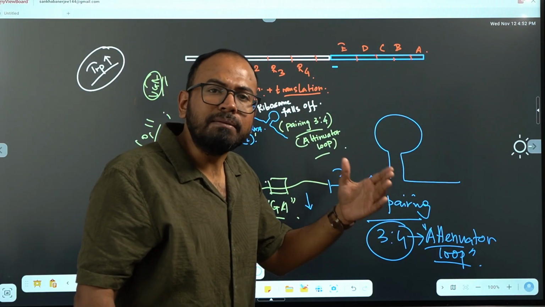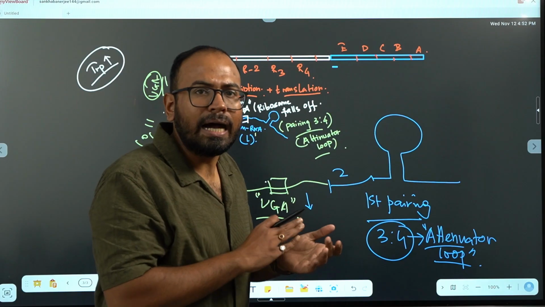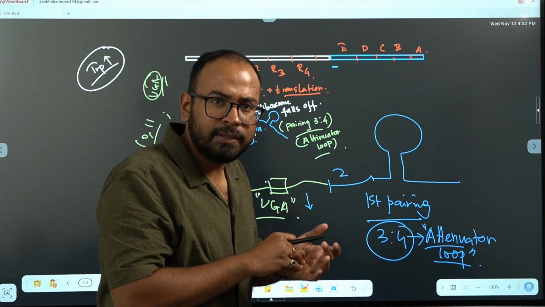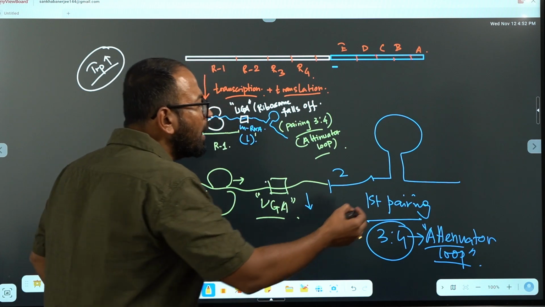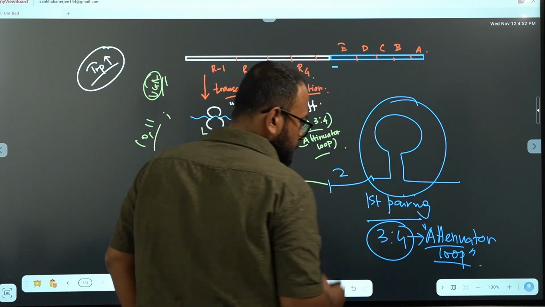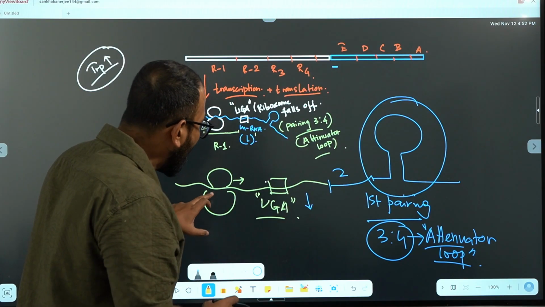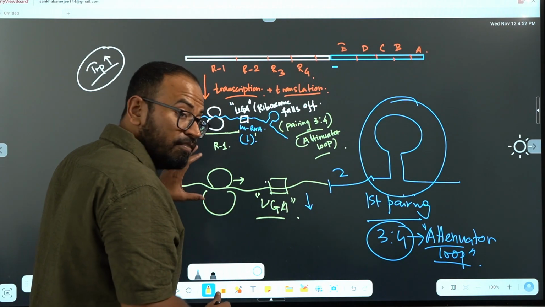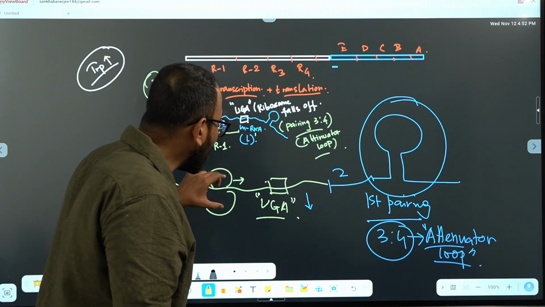Because there must be some mechanism that is somehow removing the RNA pol from the DNA. And what mechanism is that? Apart from the attenuator loop, when at UGA the ribosomes are released,